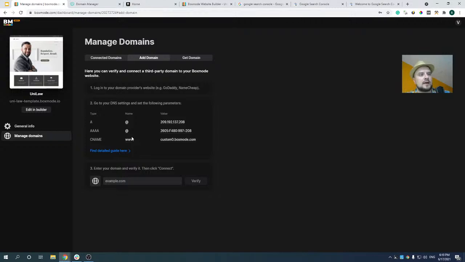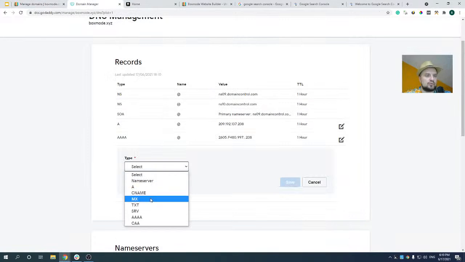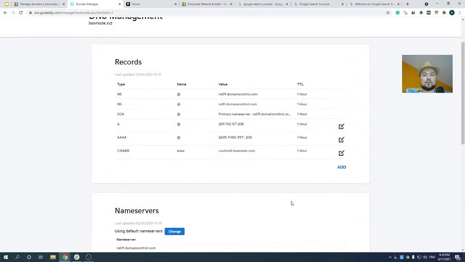So we need to map the www version of our custom domain to a non-www version, so it works fine both ways. So let's copy this string, go to our DNS, click on Add, choose CNAME this time, host this time should be www and points to this string, and let's save the change. It might take some time for changes to propagate, and according to instructions it could take up to 24-48 hours, but in reality it's much faster.